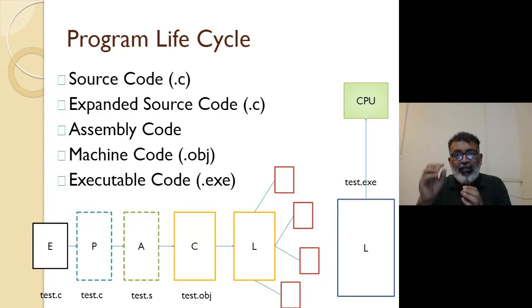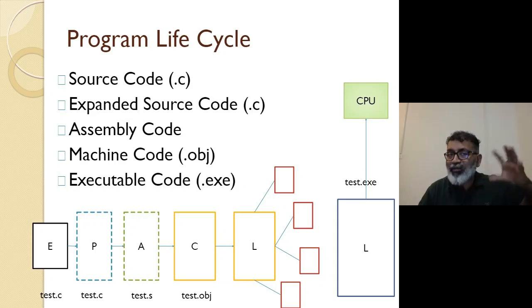Linker connects all obj files. Like I have shown four small rectangles, besides the rectangle in which L is written. L stands for linker. So this big rectangle in which L is written is basically an object code, .obj, of your source code,